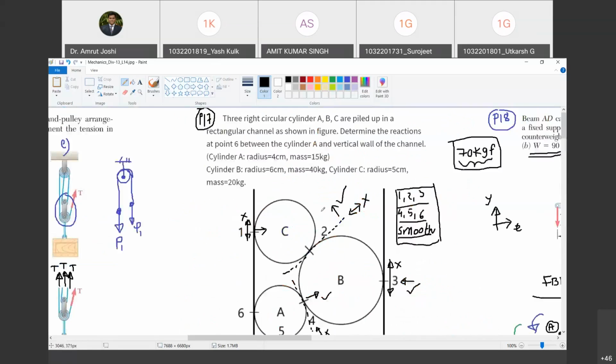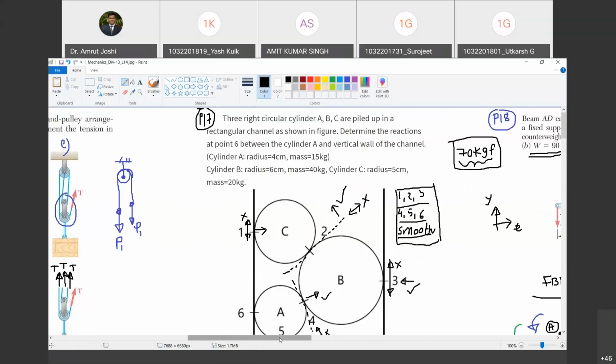So this is how the problem needs to be tackled. What is the take home message? Start with the free body diagram of the uppermost body first. Happy? Yes. And then go on drawing free body diagrams of lower bodies. Geometry, you have to use all tricks in the trade and compute whatever angles and distances are required from the given geometry. Are you with me?